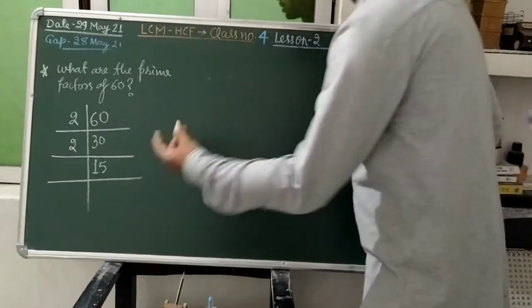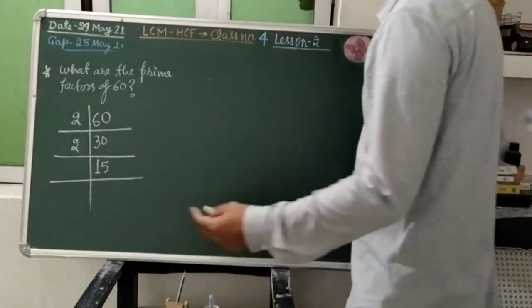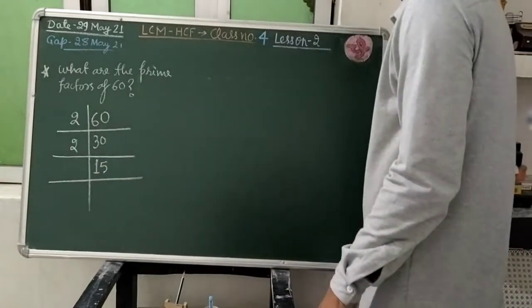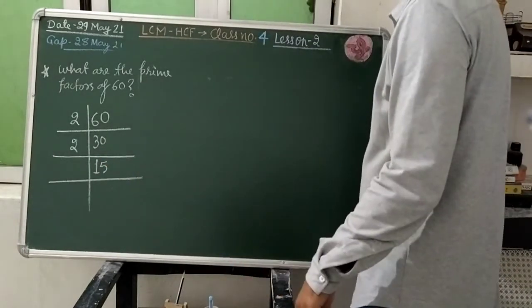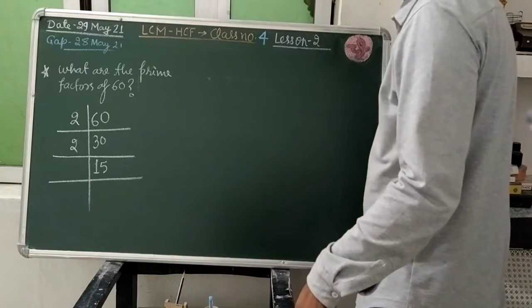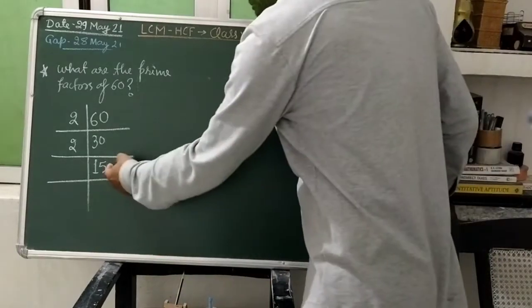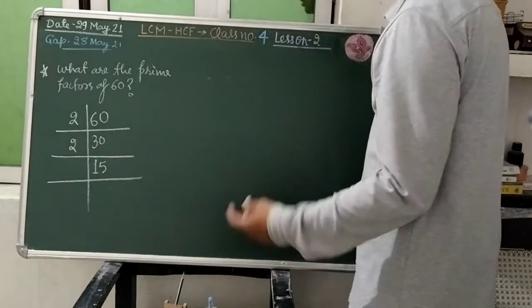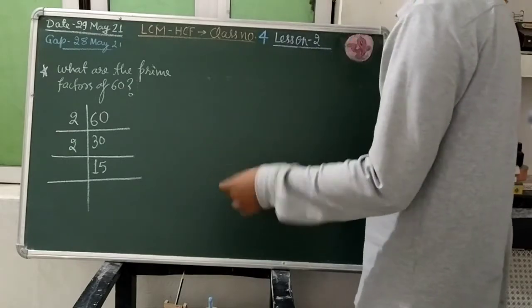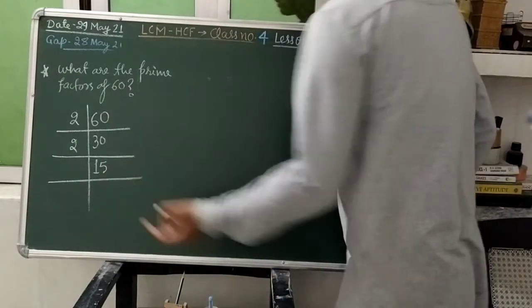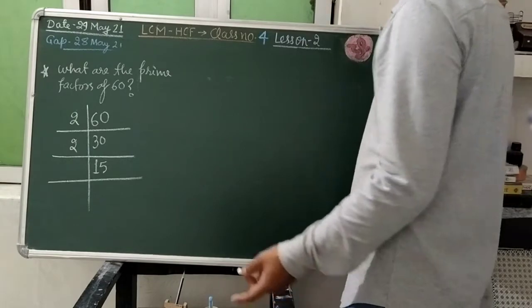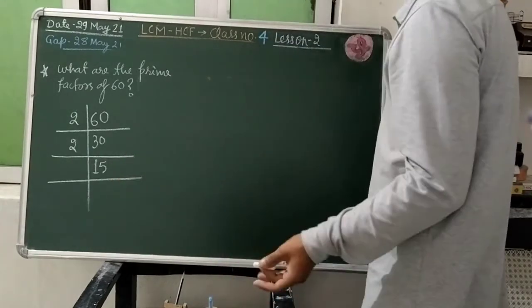So we shall not select the 2 here since that 2 is not going to divide this 15. So will 3 divide the 15? Yes, 3 5s are 15, and you can check that 5 and 1 is 6. If the sum of the digits of a number is divisible by 3, then the given number will be divisible by 3. Meaning that 15 will be divisible by 3.